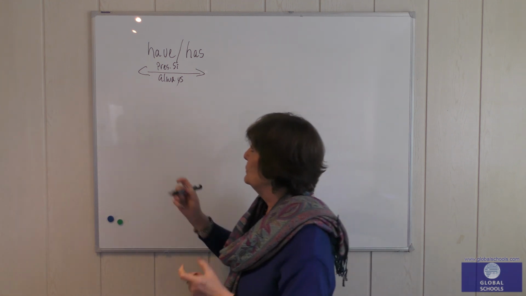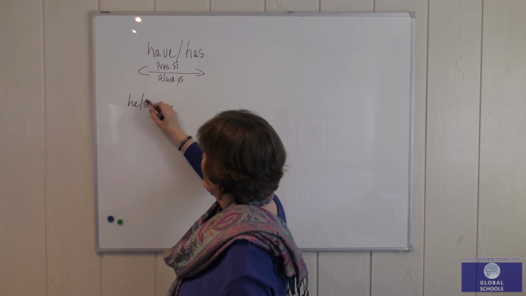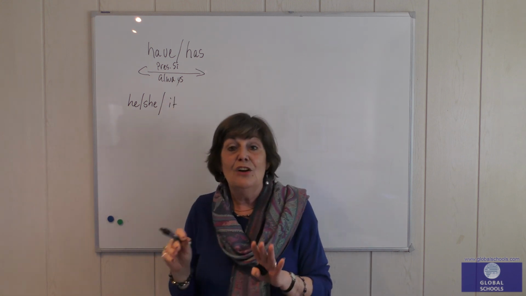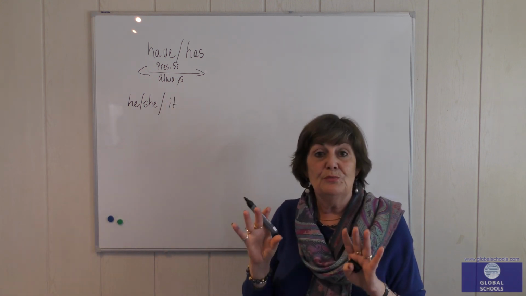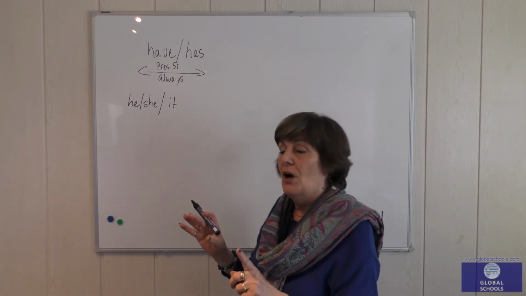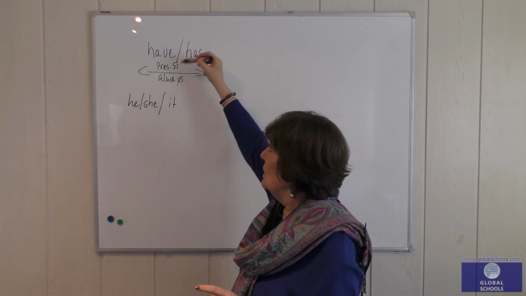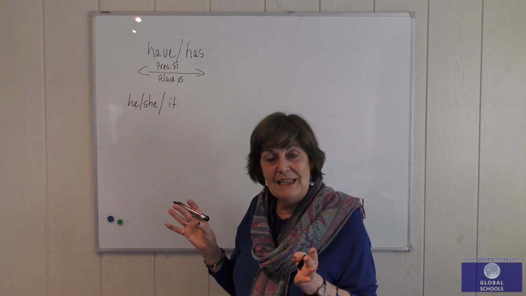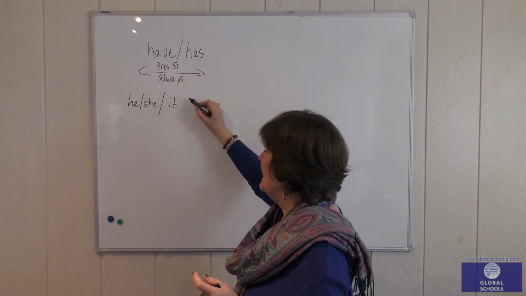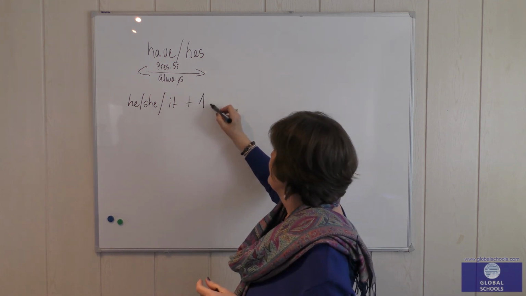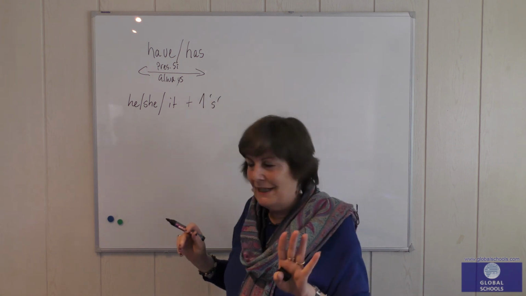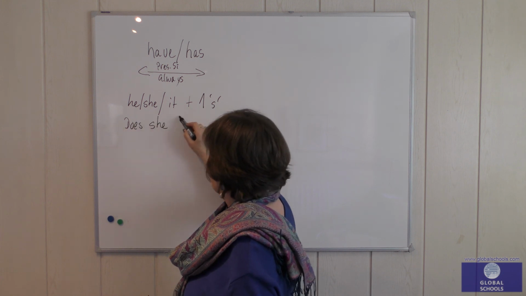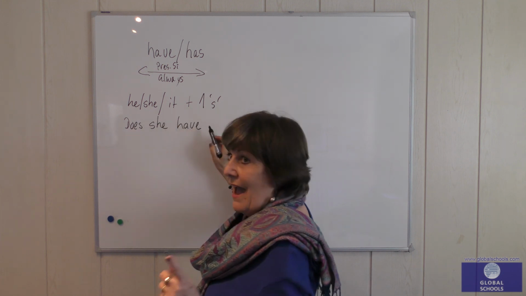The has goes for he, she, or it, and only for these three personal pronouns and no others. Now, basic rule is, first of all, it's used only for the always form. That's clear. And the second thing is, here we only need one S. Only one S. I'll show you how. I say, does she have